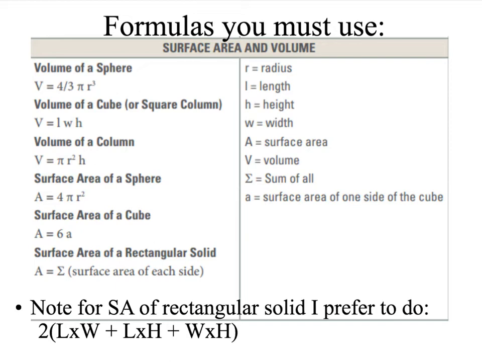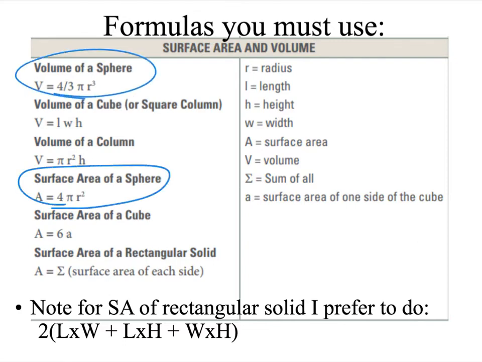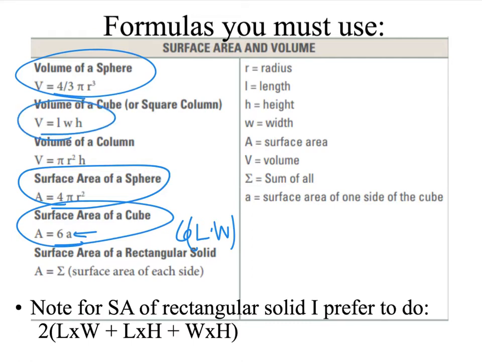All right, so this is a snip of the formula sheet that you actually get for the AP exam, and you'll notice that it has the formulas for surface area and volume of different shapes. So first, if you look for a sphere, we can see here's surface area and here's volume. For a cube, our surface area is here, 6 times the area, which is the same as 6 times length times width. And our volume is length times width times height.